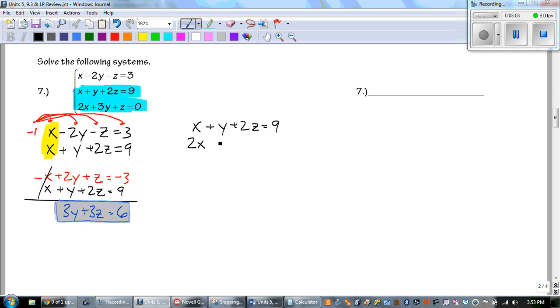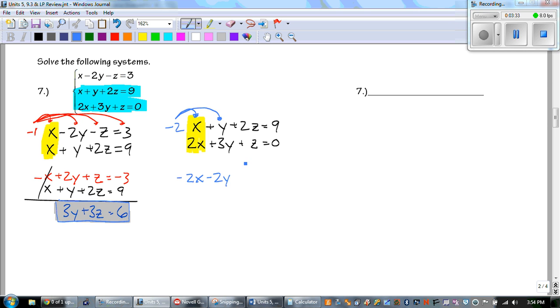Then we have 2x plus 3y plus z equals 0. Once again, I want to cancel the x's. So if I'm going to cancel the x's, what do I multiply the top equation by? Yeah, you should be multiplying it by -2. So we get -2x